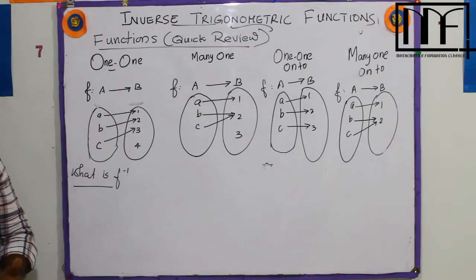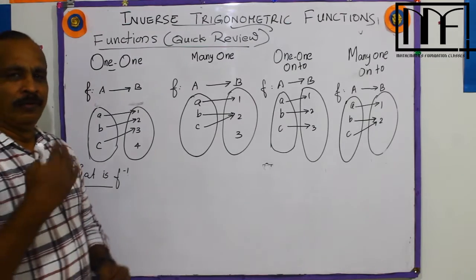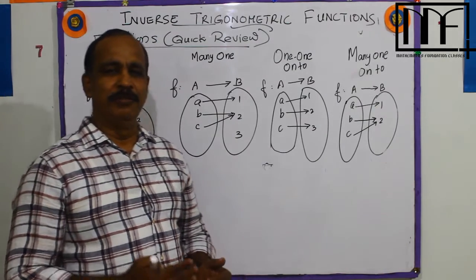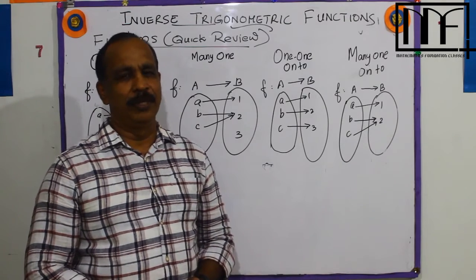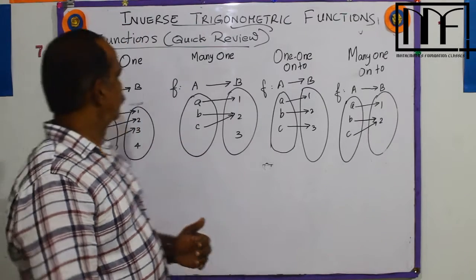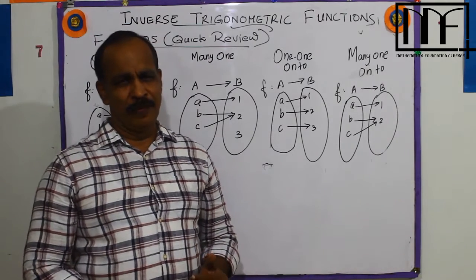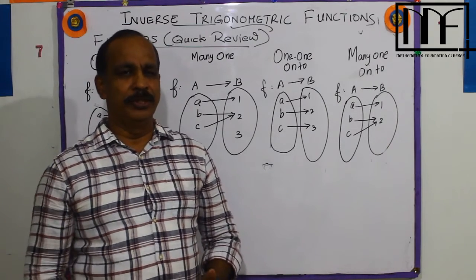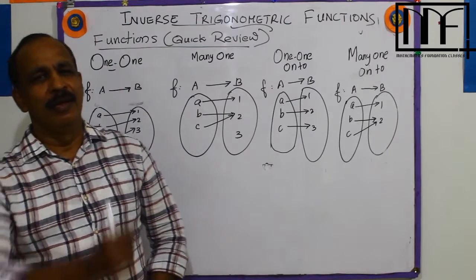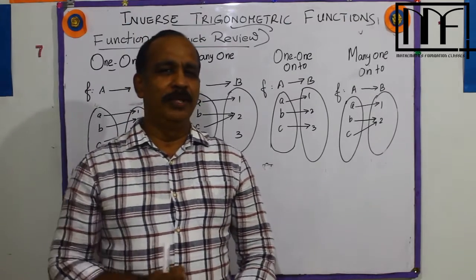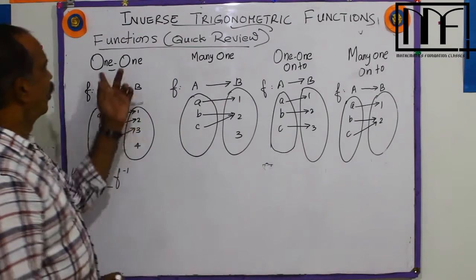Now, a function is a relation from one set to another with two conditions. Every element in the first set has an image in B, and no element has more than one image in B. And the types of functions: we have one-one functions. In a one-one function, each element has its own image. For every element of the domain set there is only one image in B. Now look at the first example here, a one-one